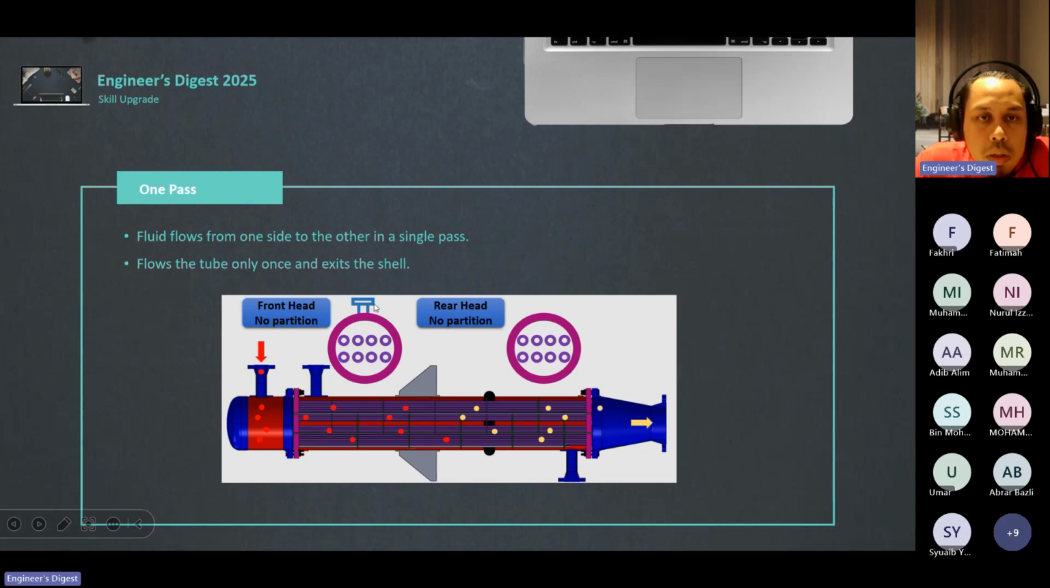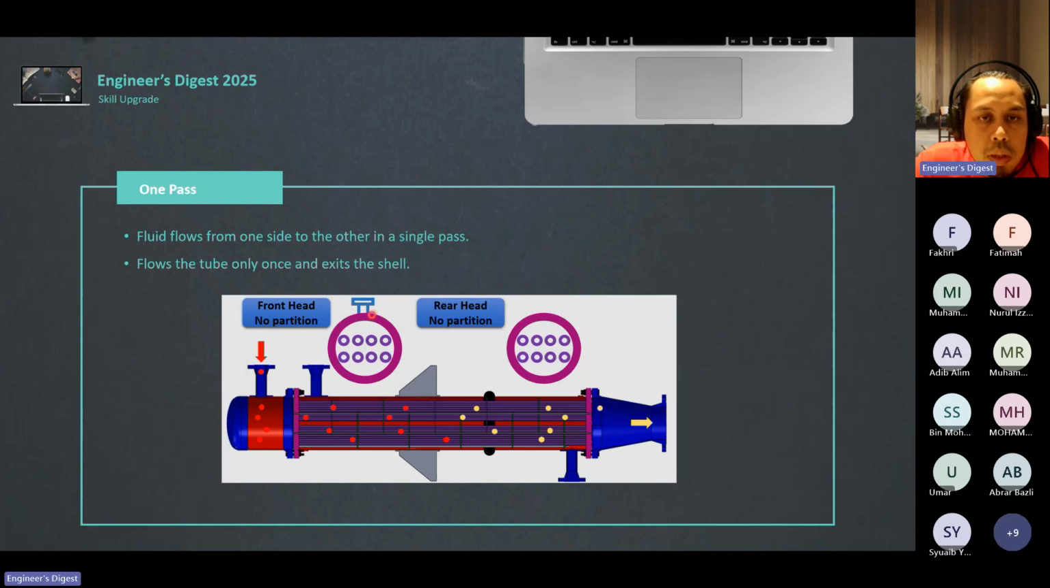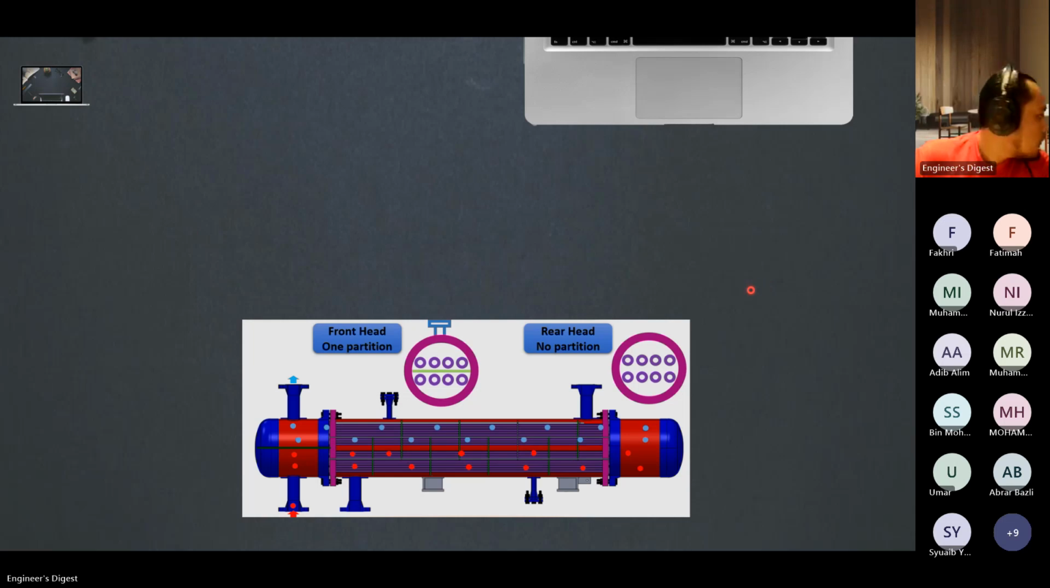You can see this picture here, this is the front side and this is the rear. You can see there is no partition plate at all because it is one pass. It goes down, it exits. So fluid flows from one side to the other in a single pass, flows through the tube only once and exits the shell. Okay, this is one pass. So what does it mean by